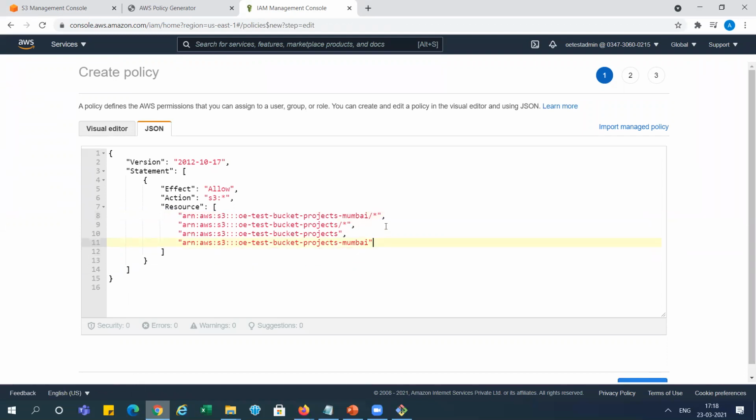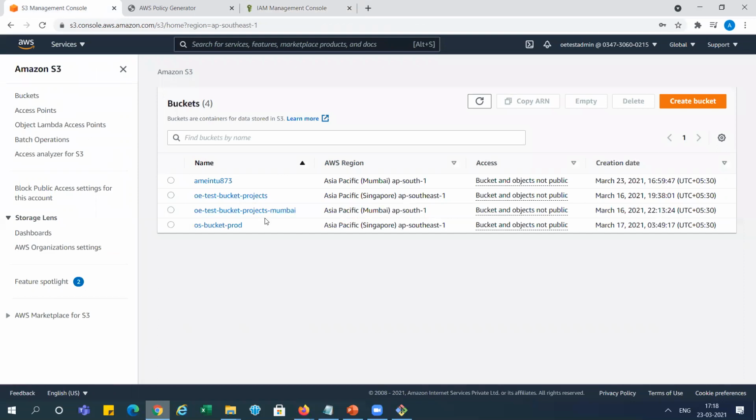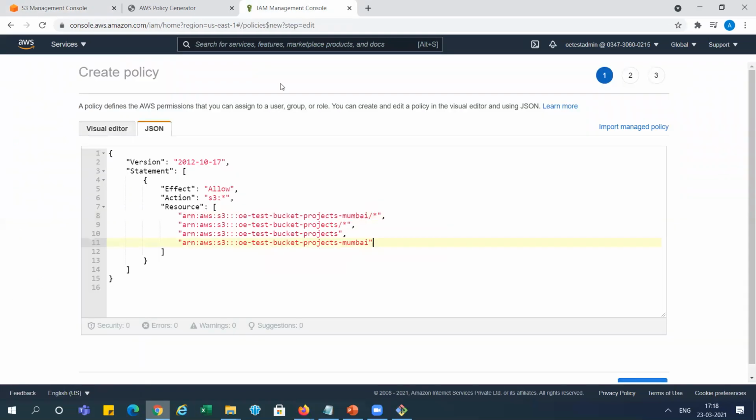So you can see what I did. I'm taking this bucket. I will show you the bucket names here. These two buckets: OS test bucket project Mumbai, and OS test bucket project, right? So I have taken OS test bucket project Mumbai, and /star means it will take all objects, and the same for this bucket, it will take all objects.